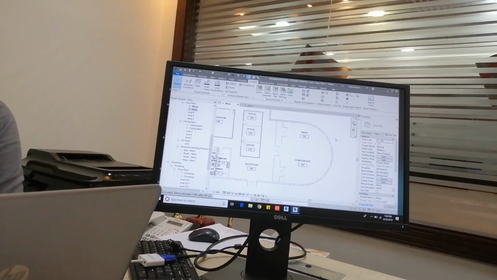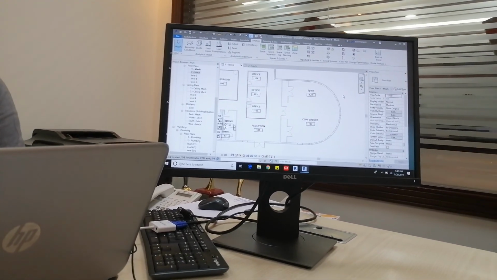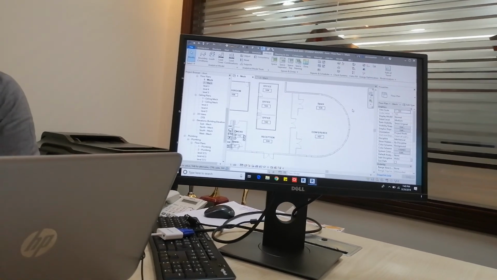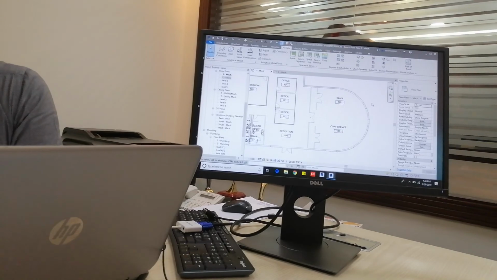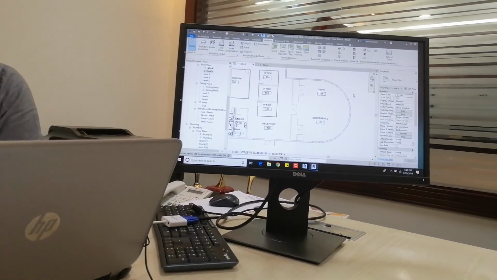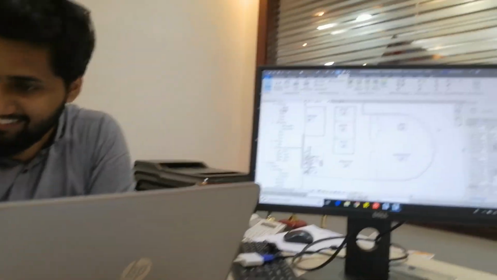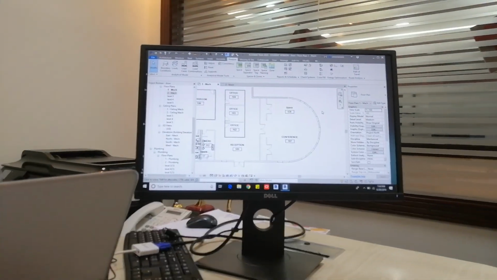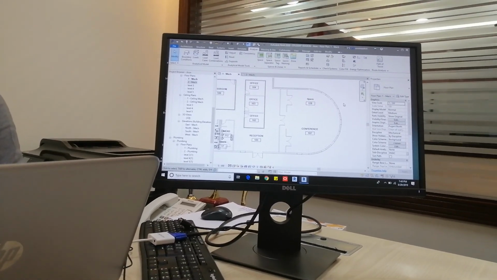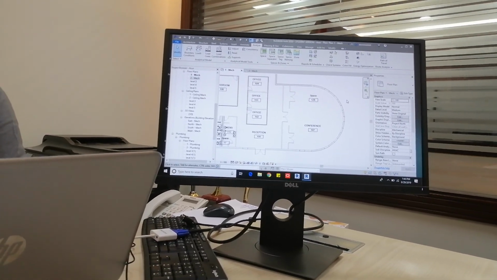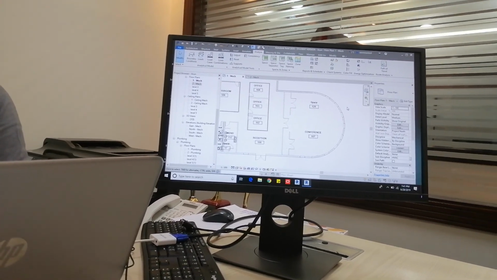HVAC spaces, space modeling, zones, hands-on, building construction, performing heating and cooling analysis, that is what we are discussing. Then the heating and cooling report, hands-on, logical systems, mechanical settings. What is it? Mechanical settings comes in the ducting, like what should be the duct size, how to create it. Yeah, we should learn that, but I will take it after starting the modeling part.